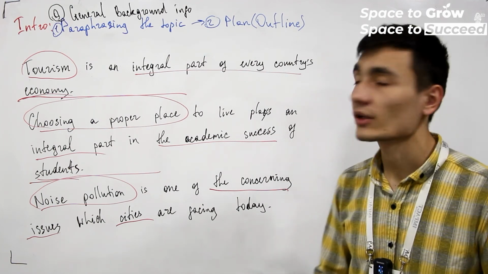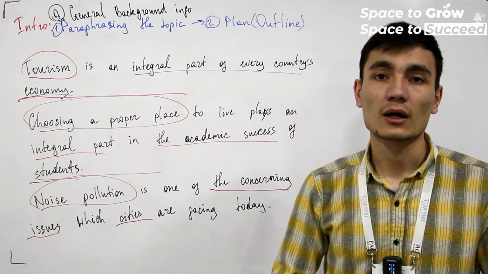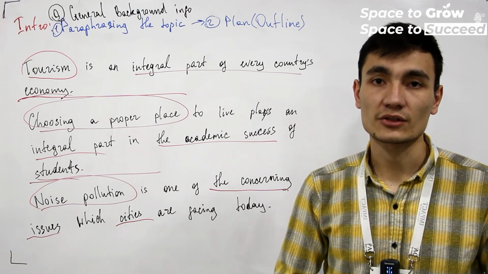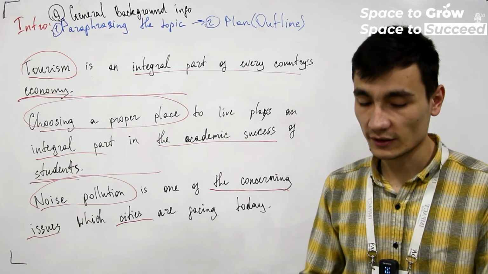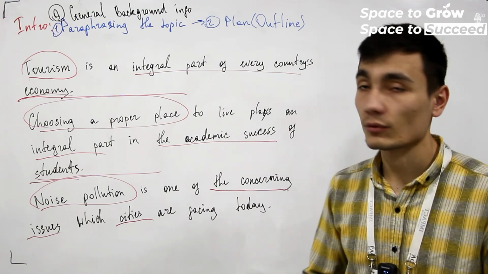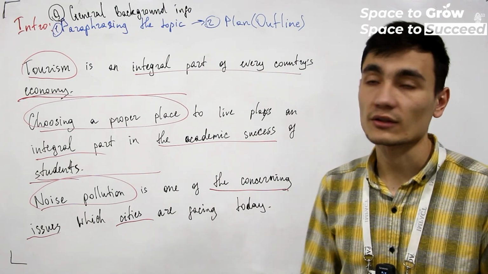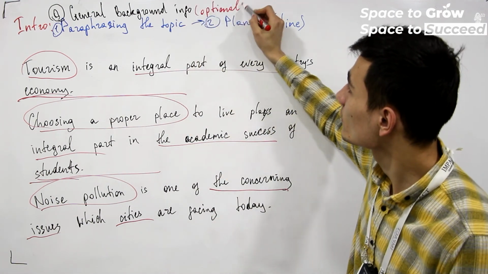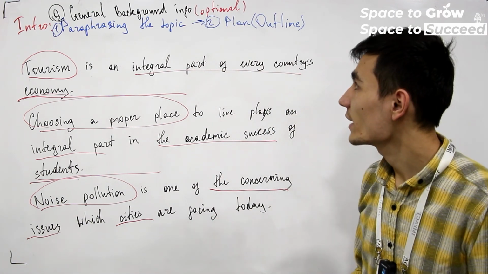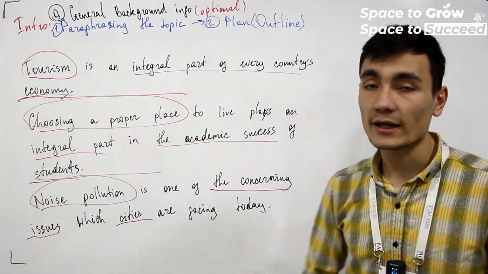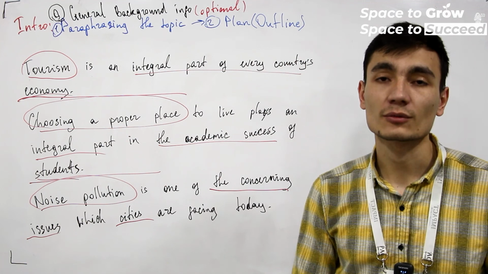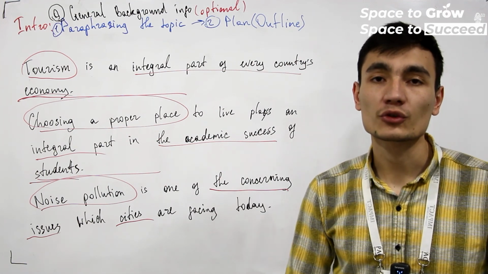Well, that's the end of the introduction part of our task 2 advantage essay. As you saw, we have 3 sentences, or 2 sentences if you don't want to include general background information, because general background information is optional. And here the main thing you have to pay attention to is paraphrasing the topic and giving a plan or outline of your essay so that the person will understand what you're trying to do